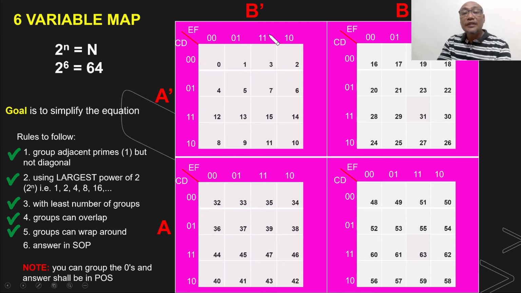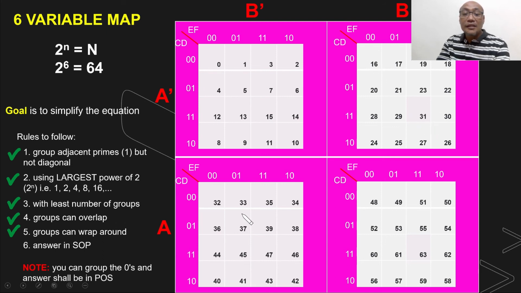For this first cell, that is A prime, B prime, then we have C, D, E, F also 0, 0, 0, 0. So therefore, this is 0. Then we will be ending with 15 because A is 0, B is also 0. Therefore, the values for this cell will be 0, 0, 1, 1, 1, 1, which is equivalent to 15. This next cell will already be 16. Why? Because A will be equal to 0, but B this time is already equal to 1. So, since B is 1, we have 1, 0, 0, 0, 0, which is equal to 16,